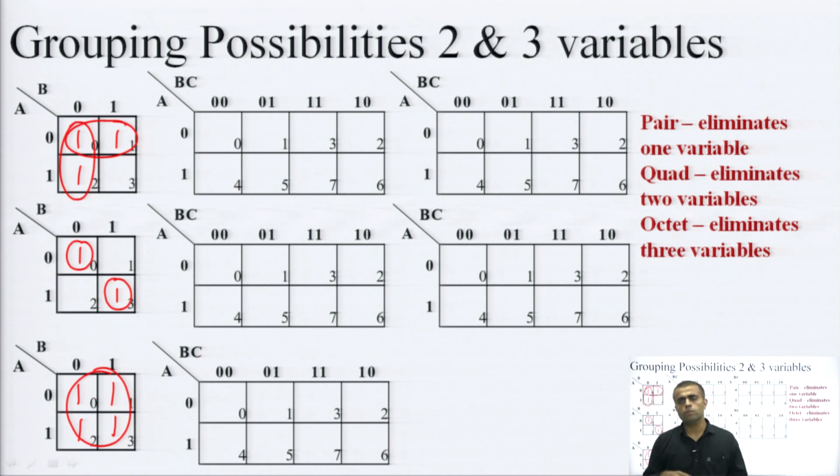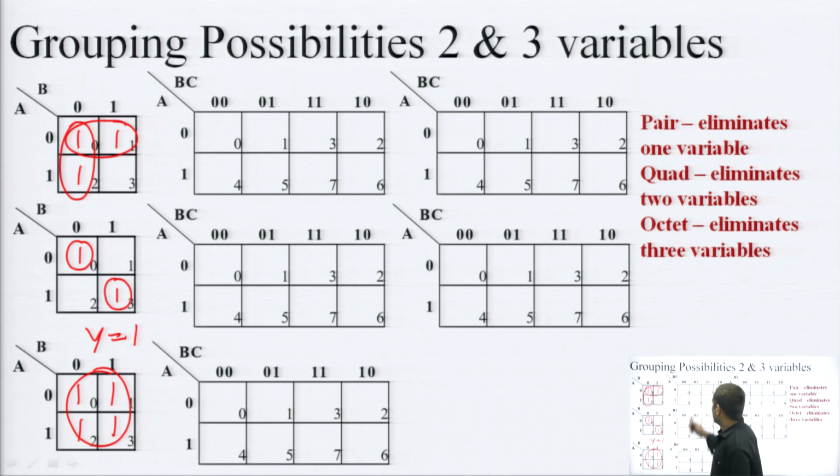Quad entry means all the cells are filled with 1, that means there is no need to solve that K-map, y is equal to 1. So, if this is the case, in that case y will be equal to 1. We do not have to find anything common from the row side or the column side. Similarly, for a 3 variable problem, this can be a possible pair entry, this can also be a pair entry, and similarly if I have ones here, then this can be a quad entry.